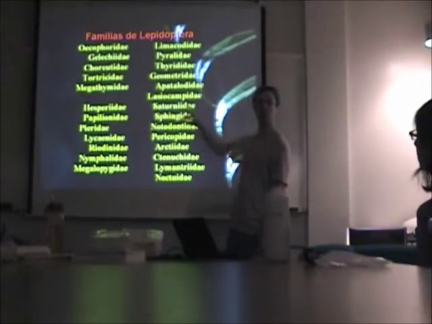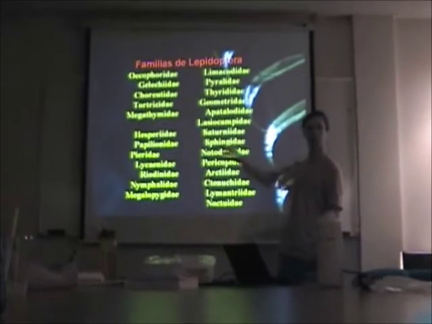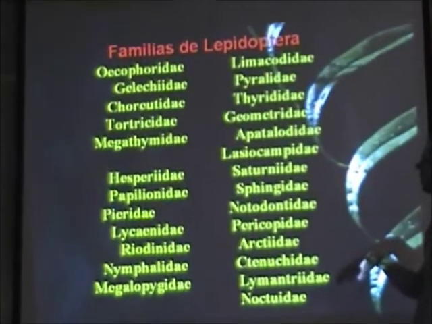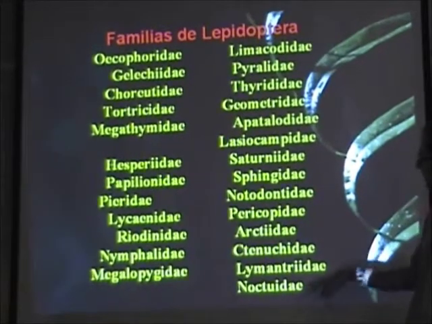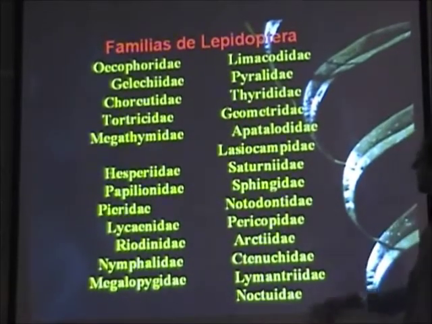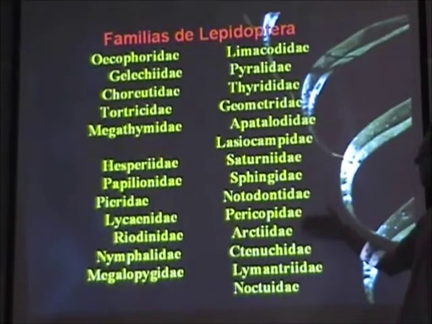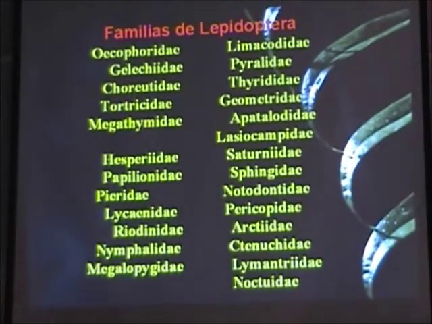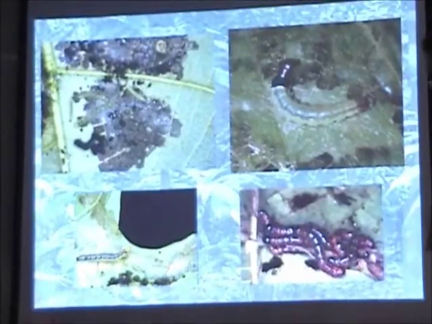Saturniidae is the silk moth. Sphingidae is the hornworm that I've mentioned a couple of times. Another one that you talked about, yep, are the noctuids, Noctuidae. And Arctiidae are the tiger moths, or the woolly bears. All right, so I'm going to show you slides of all of these. Let's start